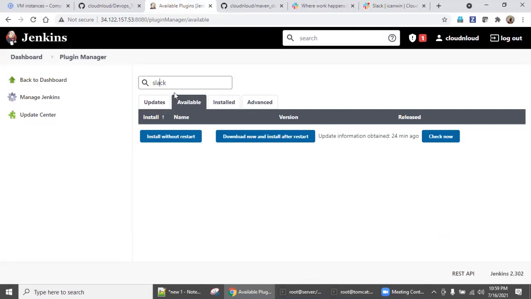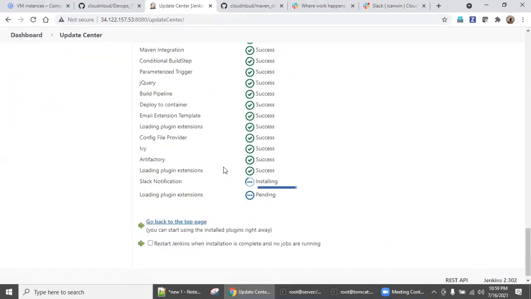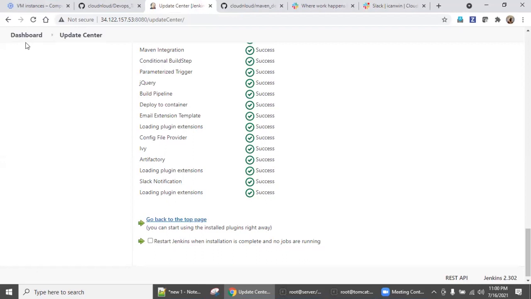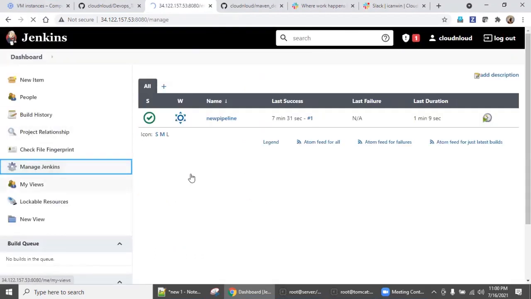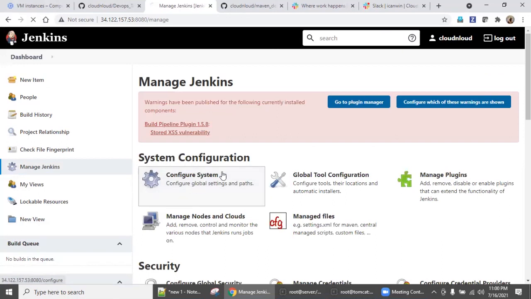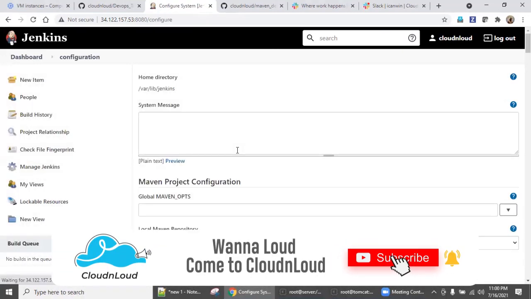There is the Slack Notification plugin. Select it, say install without restart, and wait for it. Once it's installed, we need to configure it somewhere. Go to dashboard, Manage Jenkins, Configure System, and check whether there is any Slack section.